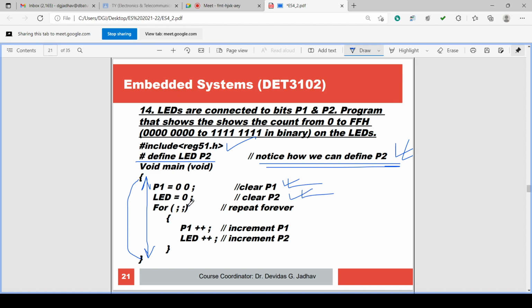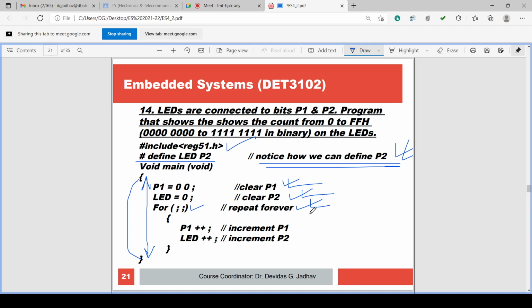For semicolon semicolon, repeat forever. P1 plus plus. Now we are assigning P1 the value 0, and we are assigning the LED the value 0. Then we are incrementing P1 and incrementing LED.